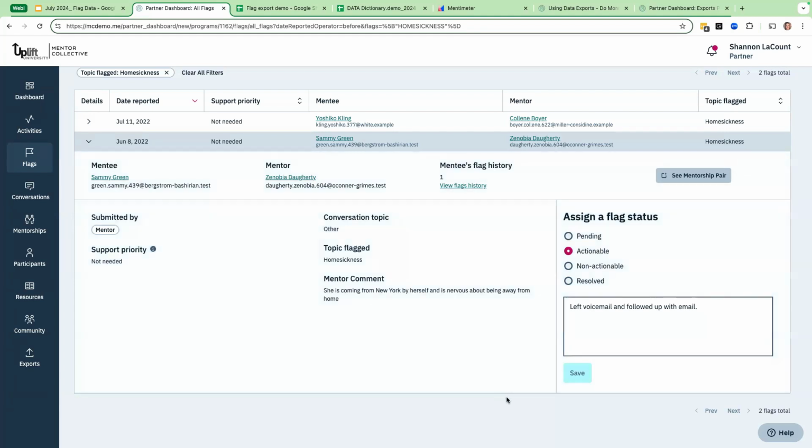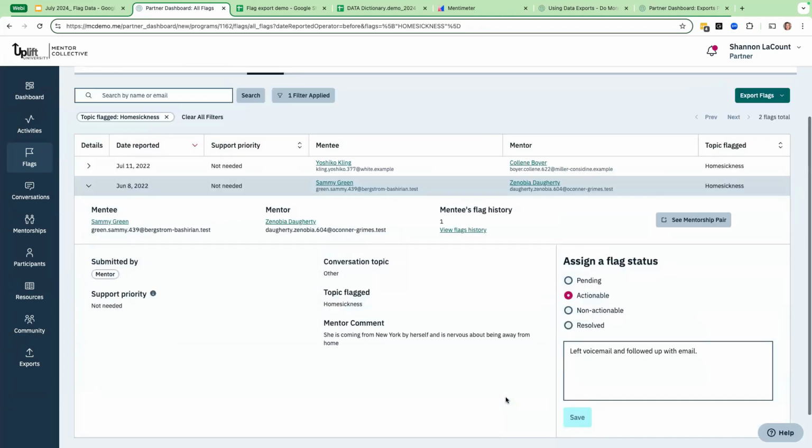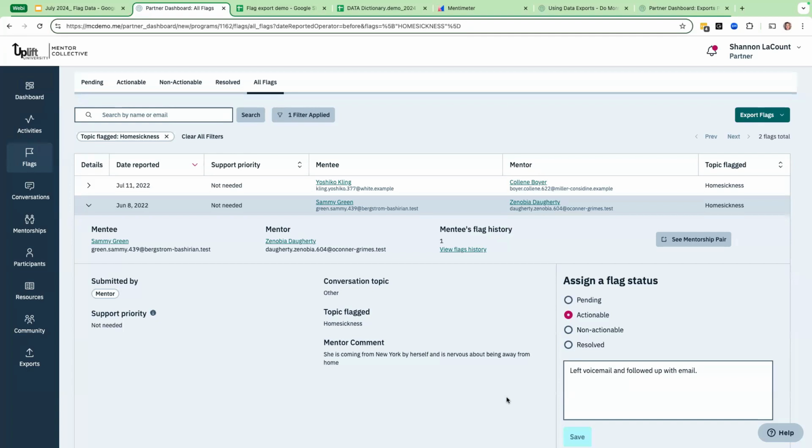Now, of course, this is really easy to do if you have dashboard access, but someone who is a good audience for this information may not be a good candidate for having full access to the dashboard. One example might be residence hall advisors, right? They need to know a lot about their students, but maybe not everything that's in the mentorship program, in which case the sharing with them might be best done with either the direct email or an export of a